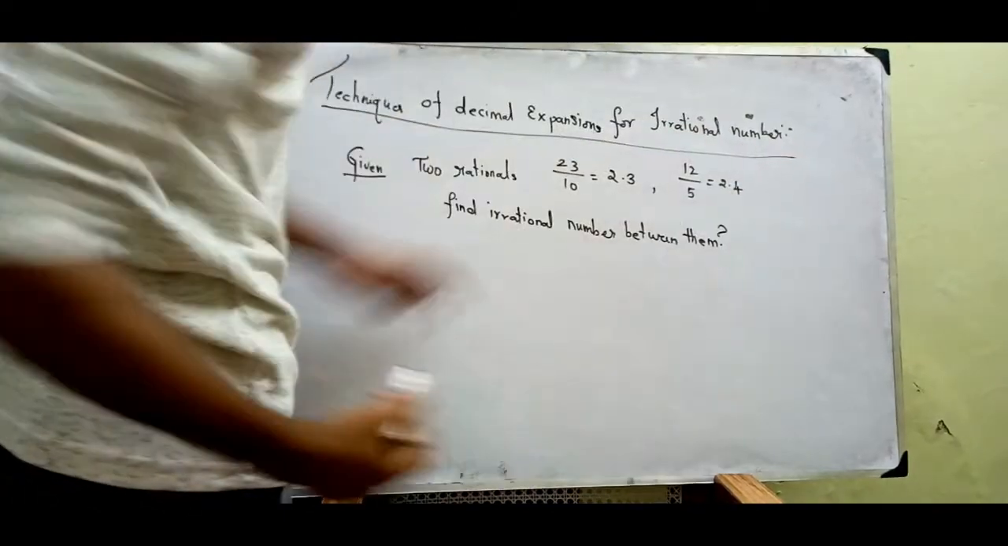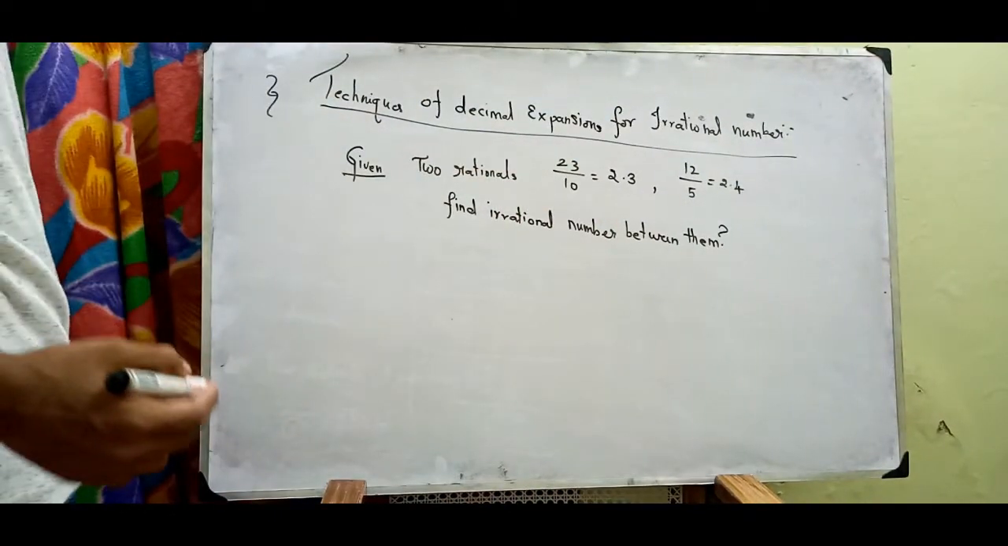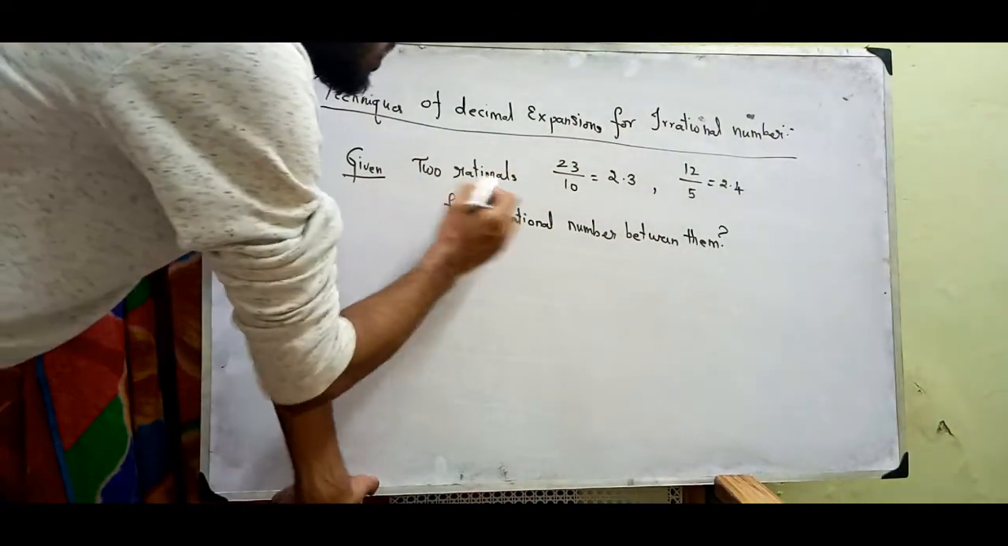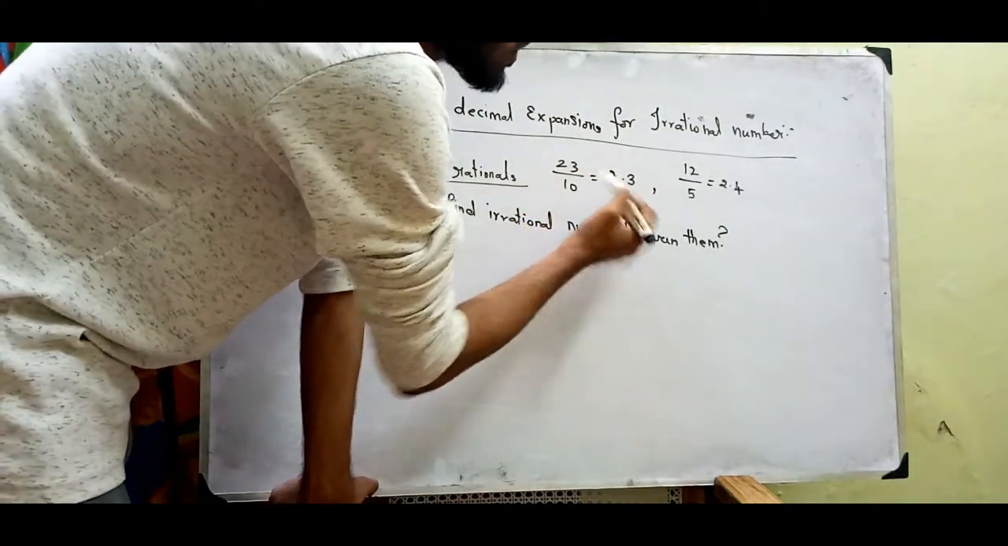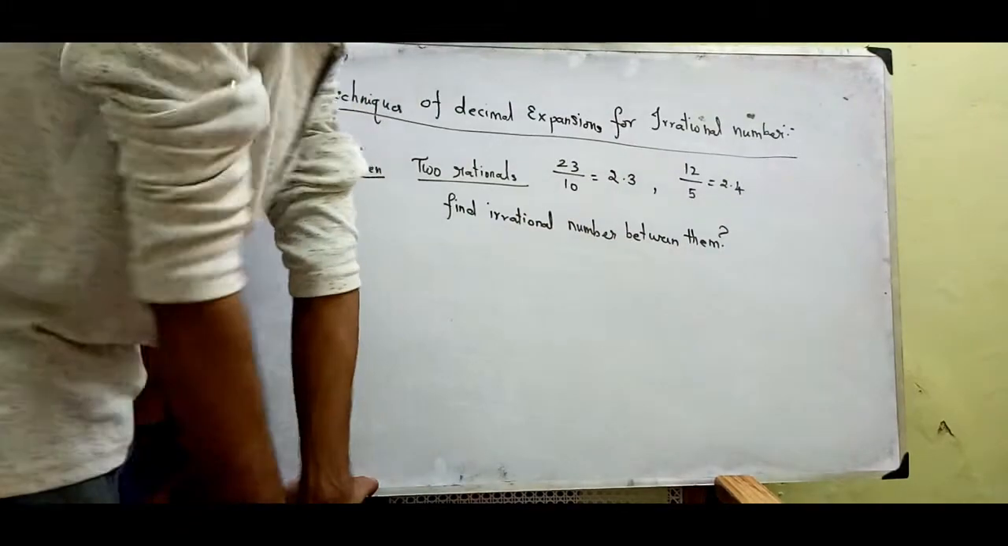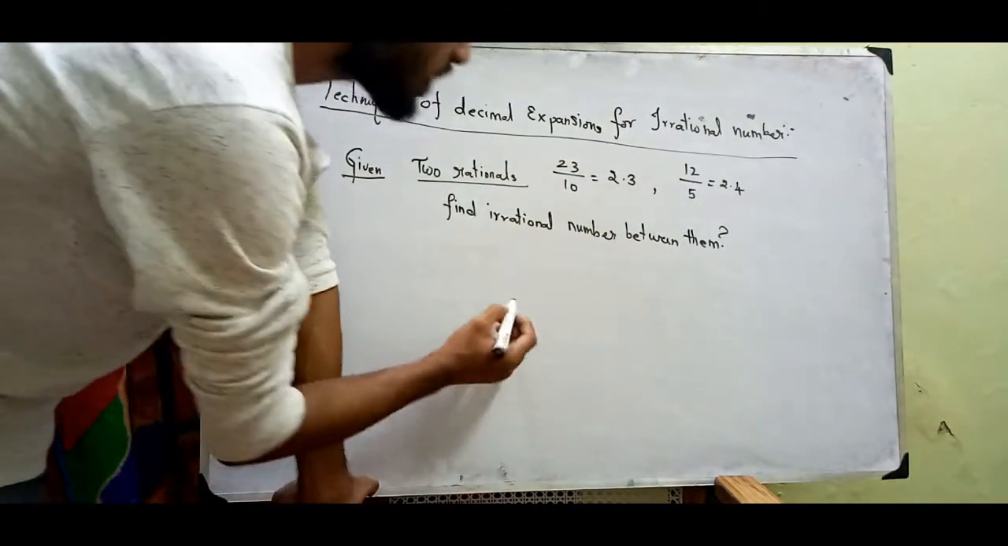Tricks of decimal expansion for irrational numbers. See what is given here. Given two rational numbers, 23 upon 10 is 2.3 and 12 upon 5 is 2.4. As we know,